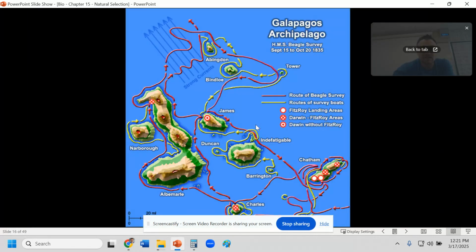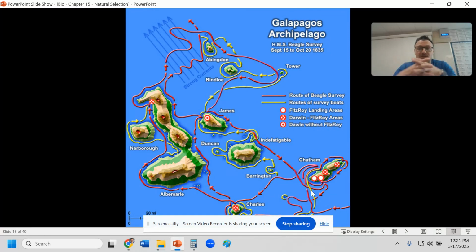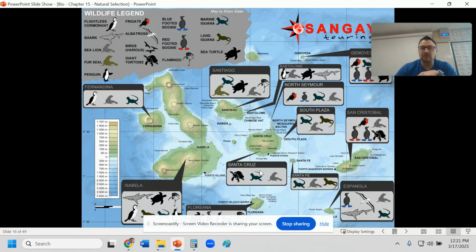Basically, what we see on these islands is that they are very different from each other because they were exposed to volcanic occurrence at different time periods. So what Darwin saw on these islands were different species, and each island was kind of specific with which organisms evolved there. These were almost like a perfect experiment for evolution to take place because each island is so different.